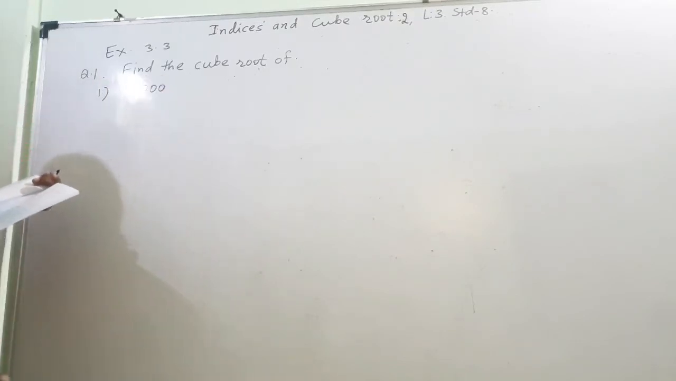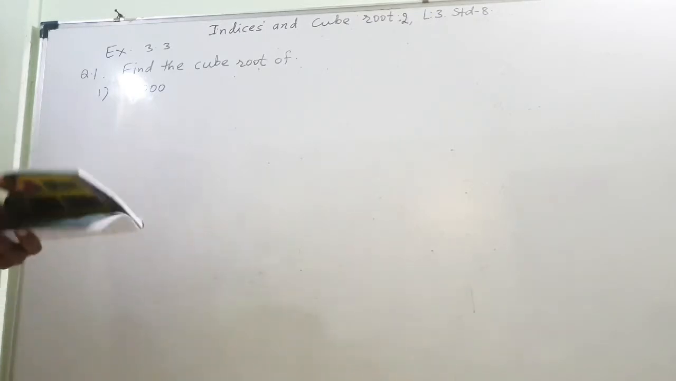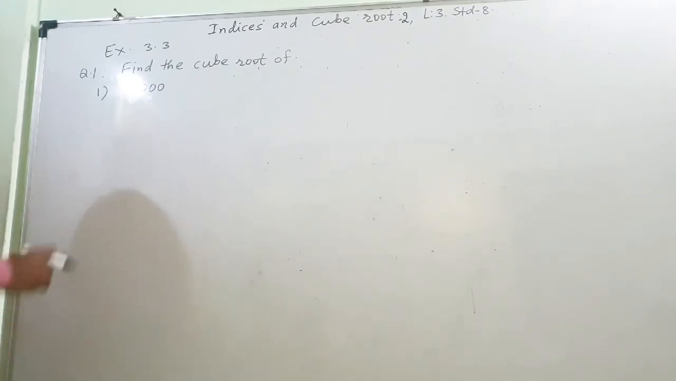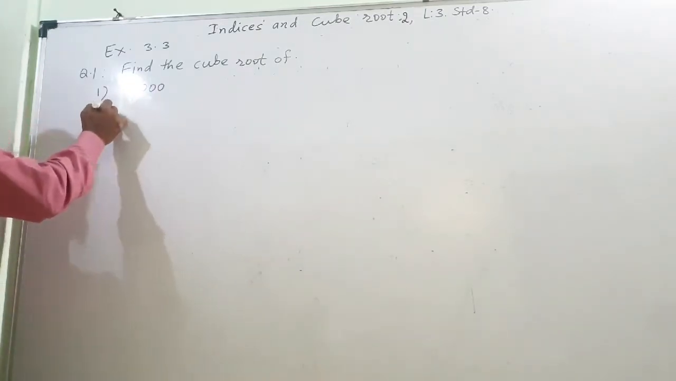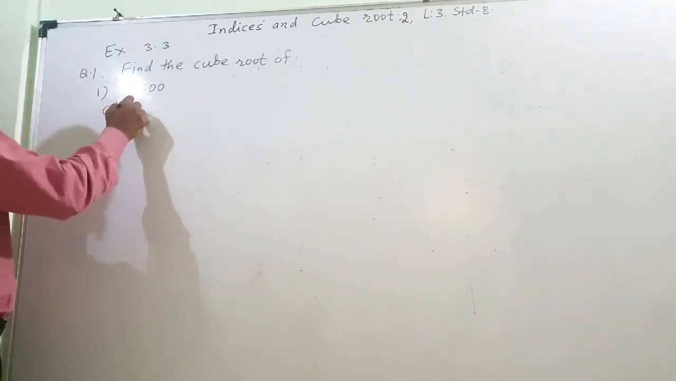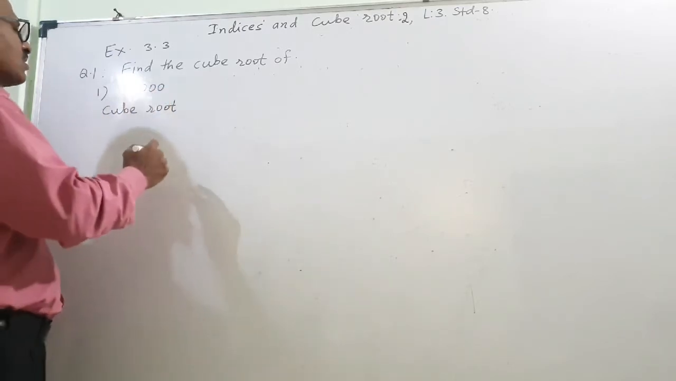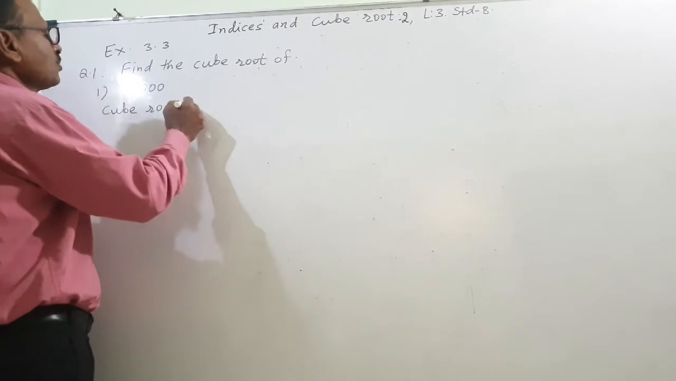Find the cube root of 8,000. We will not do it the way it is in the textbook. See this, it has a very simple and lucid method. Solution: cube root of. By this method, anything you can solve, any root. Cube root of